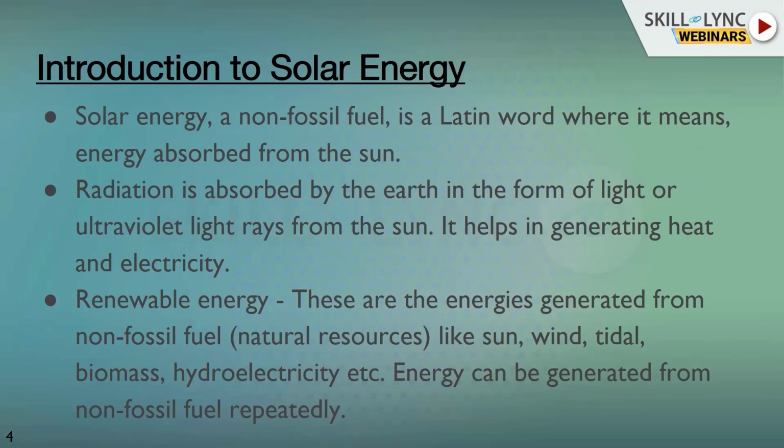Basically, solar rays will strike the surface, and it will generate radiation. That radiation is absorbed by the earth and will be converted into heat or electricity. But we can get more energy from this sunlight